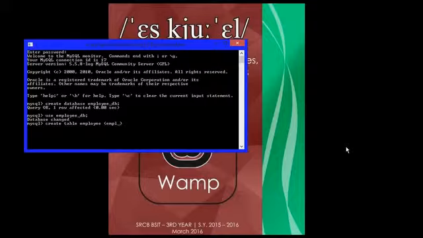which has the following attributes. First is the employee_ID, which has an integer of 10, unsigned, auto increment, primary key, not null. The second attribute is employee_full_name,